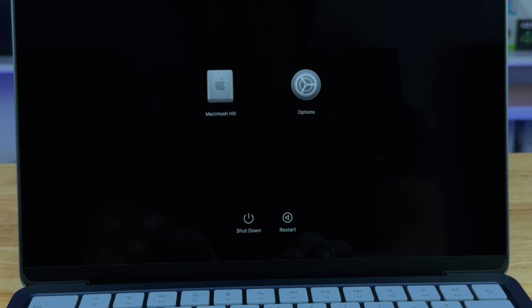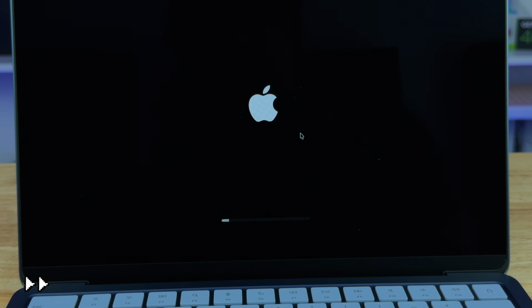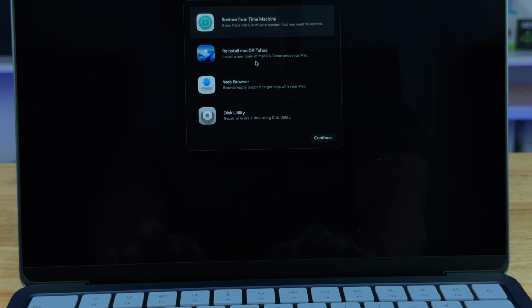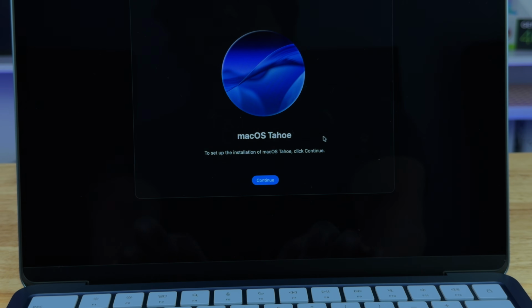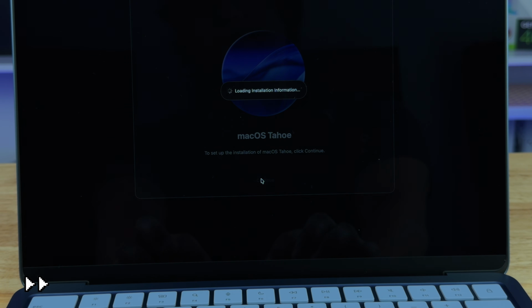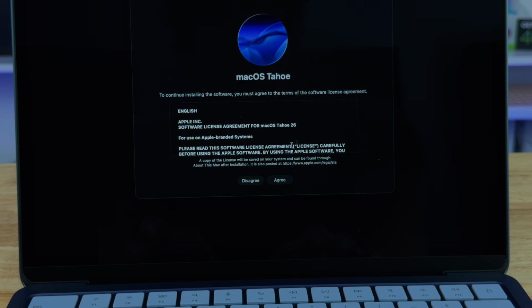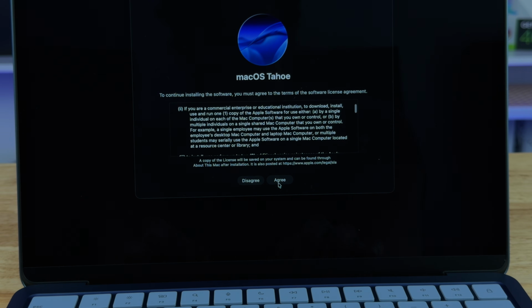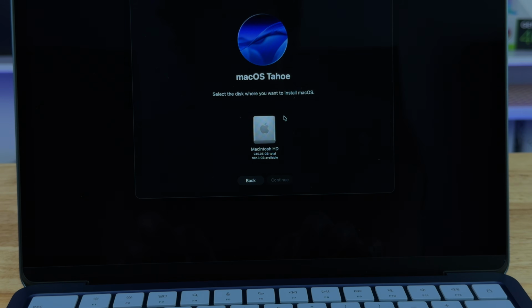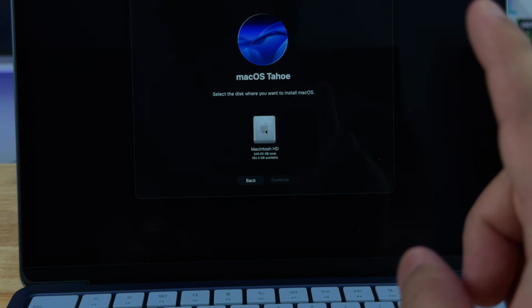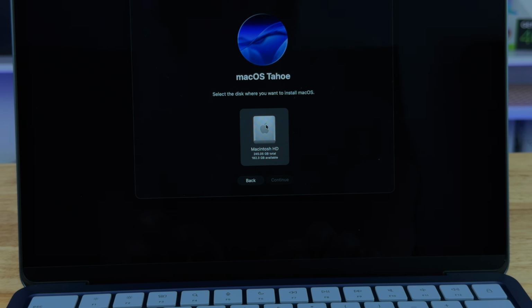Okay, so now that we're here, we're going to go to options and click continue. And then we are going to reinstall macOS Tahoe, which comes on this computer. Continue. Click continue again. It's going to ask you if you agree with the OS installation. We're going to click agree and go ahead and click agree again. We're going to select our drive, which on this laptop, the MacBook Neo, we only have one drive, and then